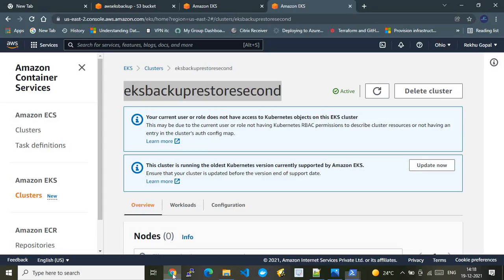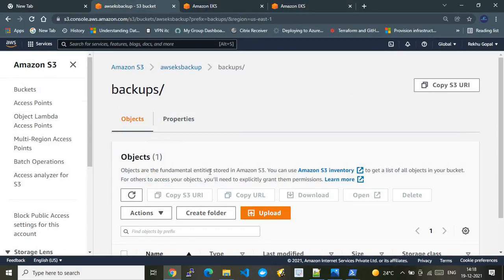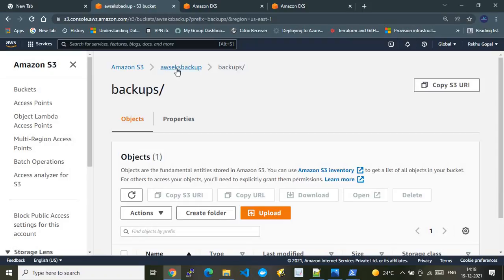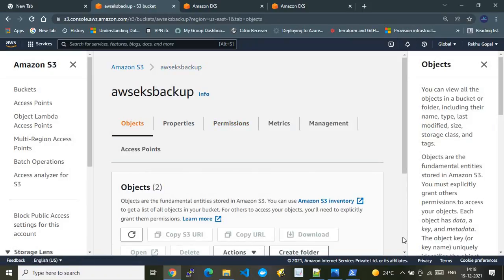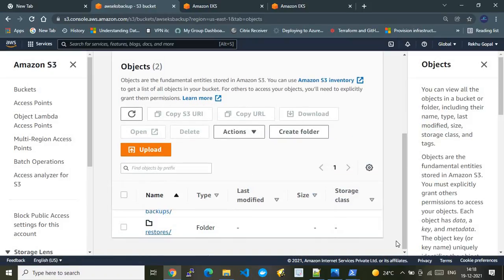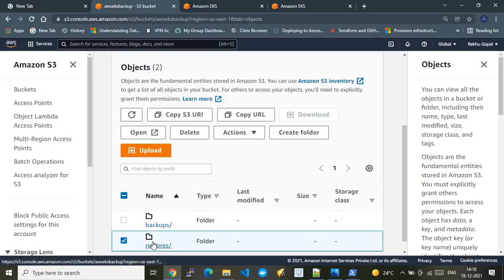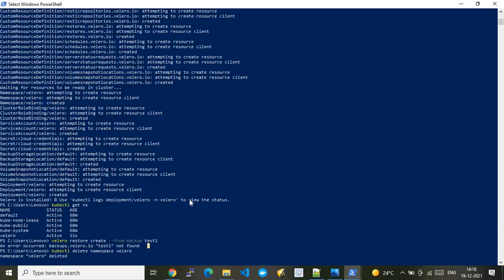And probably there is one more reason it will probably not restore. Why? Because if I go back to this backup file, you see it has already created, earlier there was only one folder when we did a backup, but here you see there's a restore folder as well. That restore folder has to be cleaned up, or else it will always complain about that. Let's check. That was my thing to be noted. But let's see how it behaves.